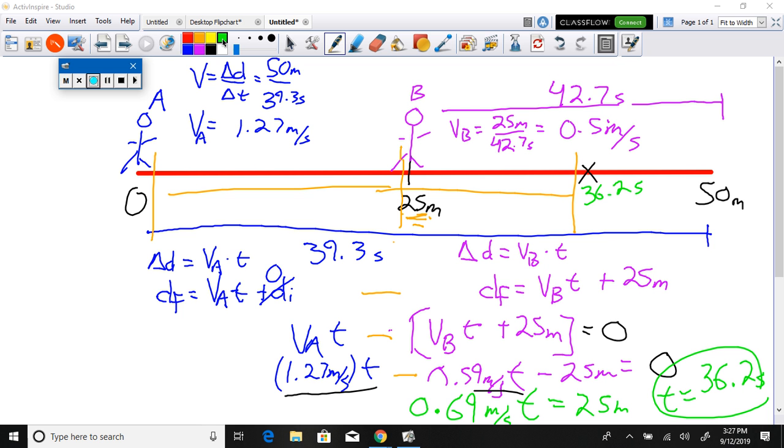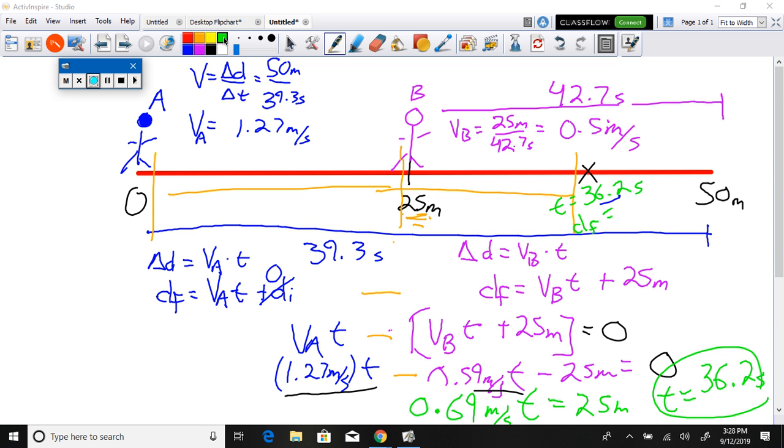Now, what is the distance? That's the time that it happens. What is the displacement it'll happen at? All you have to do is think of it from this guy's perspective, because he's the one that has to go the most distance. When he walks for 36.2 seconds, where will he end up? All you have to do is take his velocity and multiply it times that time. So his displacement will be